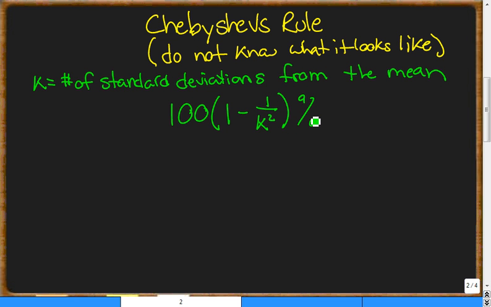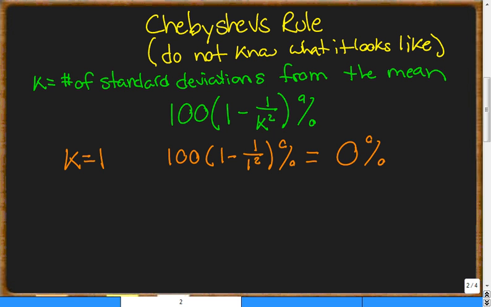So the k being the number of standard deviations from the mean, we can make a chart to say at least this percentage of data will be within that range. So you have the chart there, but I'm just going to do a few for you so you can see where these numbers come from. So let's say if k equals 1. K equals 1. So 1 standard deviation away, left and right of our mean. So how much data, at minimum, are we going to have there? Well, if we do 100 times 1 minus 1 divided by 1 squared,